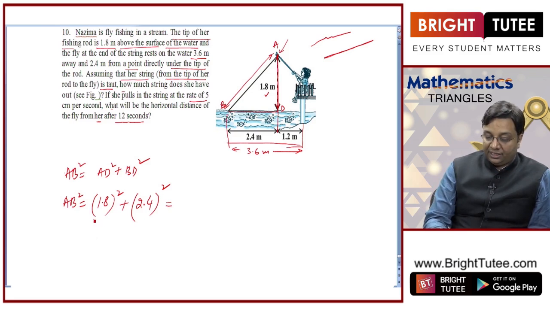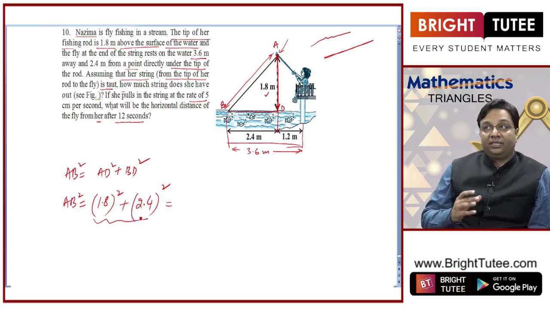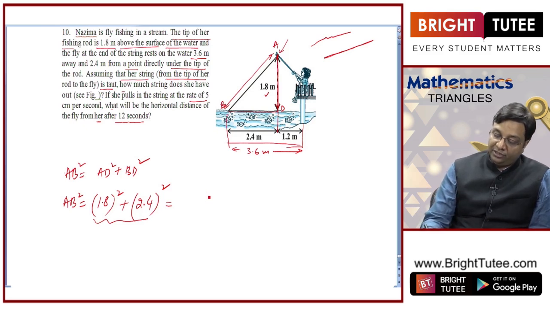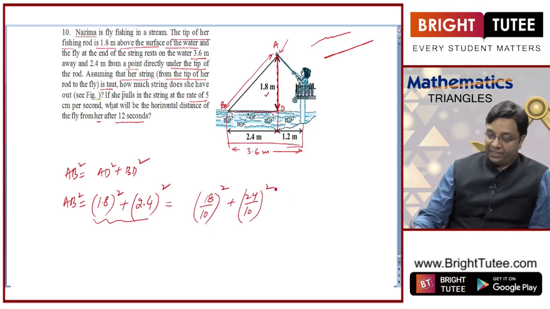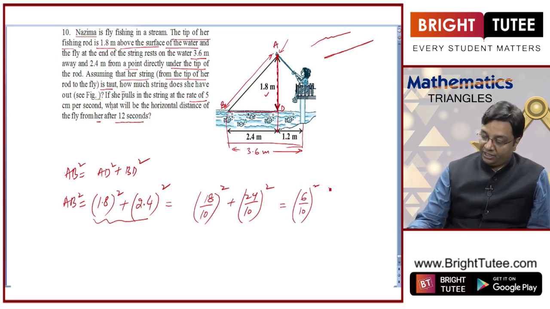Otherwise, in these calculations, you can always try to take something common. So from here, you can write this as 18 by 10 squared plus 24 by 10 squared, right? Now if I take 6 by 10 whole square as common, then what will I have inside? 3 square plus 4 square,